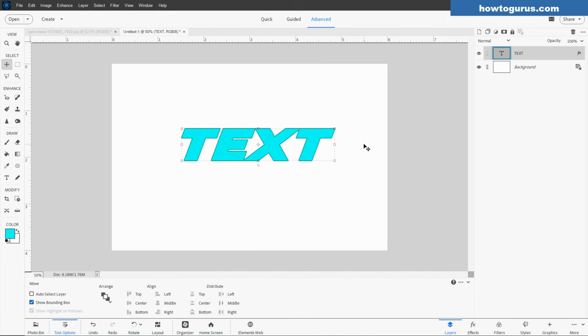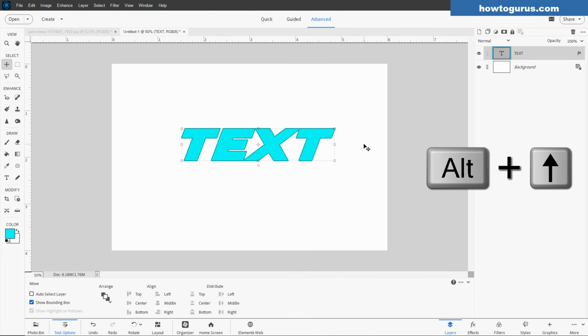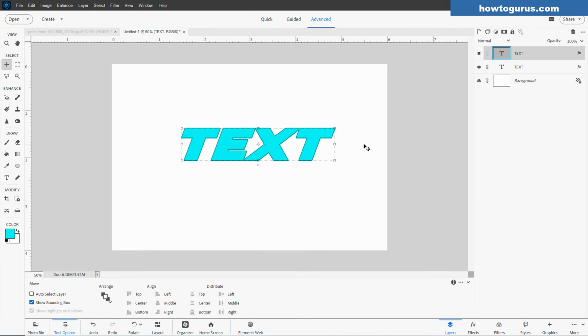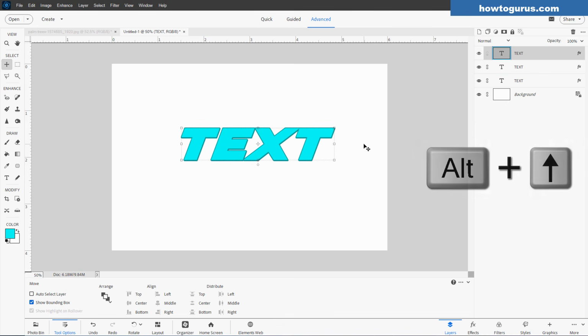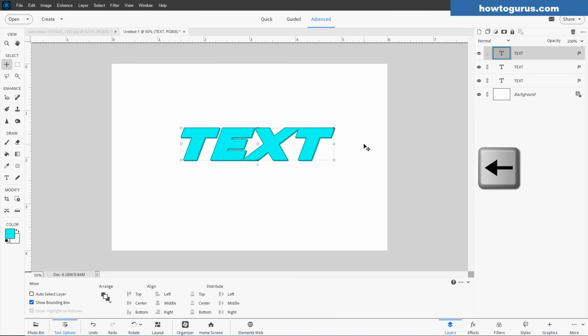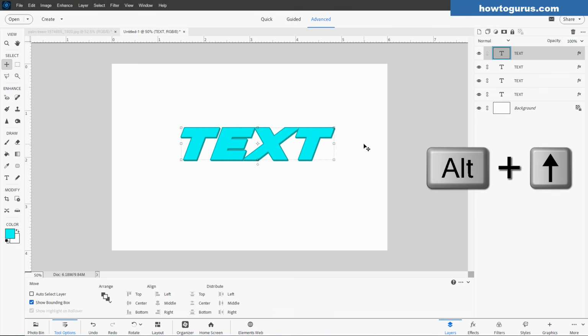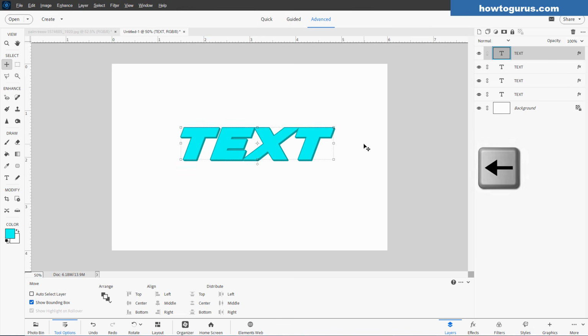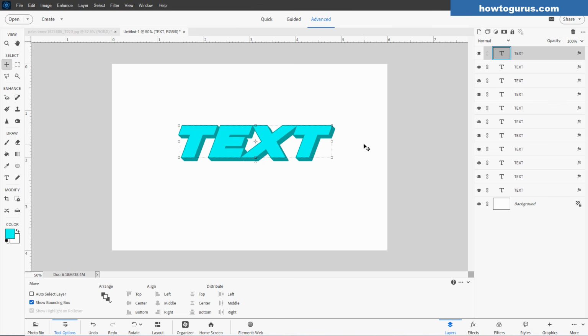And here is the trick. It's a little keyboard trick. Hold the Alt key down and click the up arrow, and that gives you a new layer. Now let go of the Alt and hit the left arrow. There we go. And just repeat that. So Alt and up arrow, let go of Alt and left arrow. Do it again, Alt and up, let go and left. And if you keep on doing this sequence, you begin to build up a whole series of these layers,